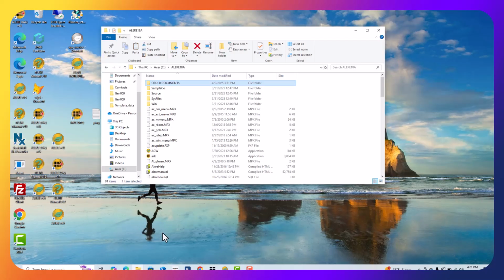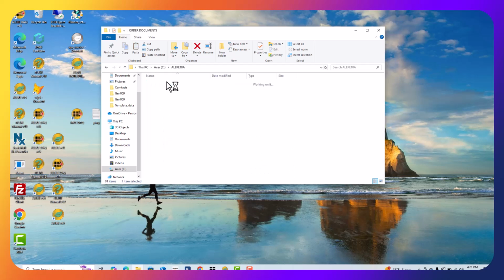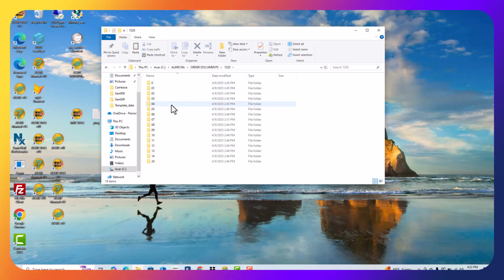This is my Alere folder here. And what I did was I created a folder called Order Documents within the Alere folder. I'm going to double click that now. In this process, I'm thinking you could have a subfolder under Order Documents for every single customer. In this case, 7220, of course, is McMaster. 7230 is McNichols. Now, I've done a little bit of work with 7220 so far, with McMaster. If I double click on that, you can see I've got a subfolder for every single location for that particular